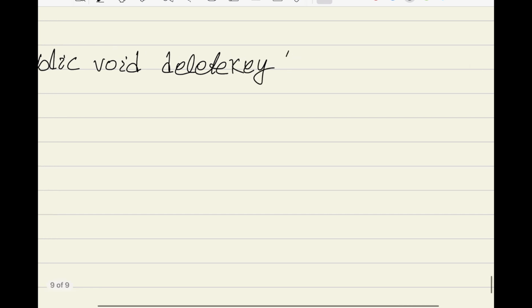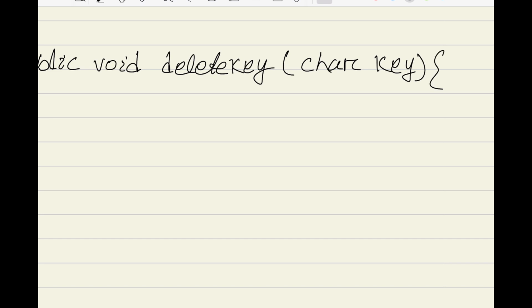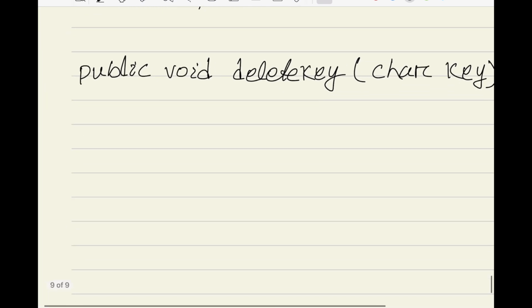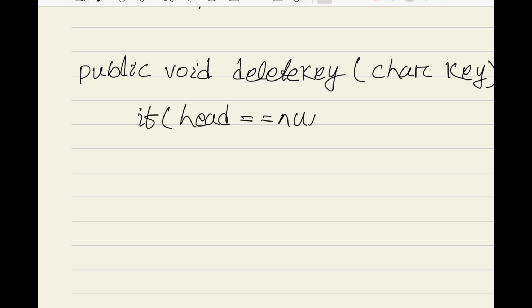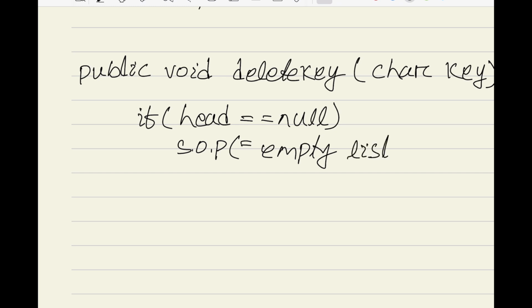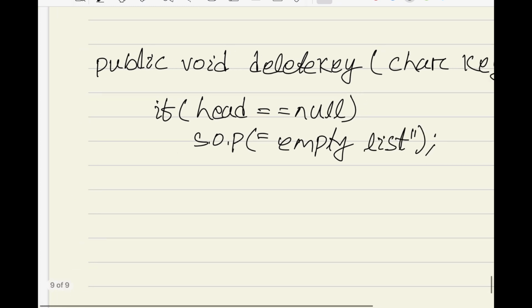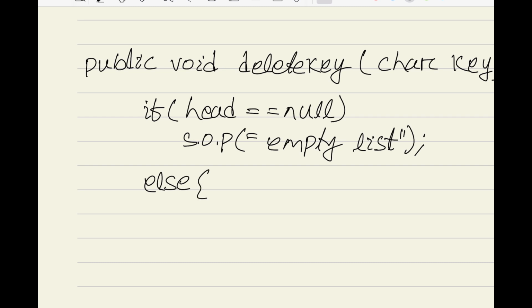So, public void, assume the name of the method is delete key, and here we are taking one character value, that is key. Here we can write if head equal to null. Like the previous deletion cases, we need to check whether the list is empty or not. If head is null, we can write empty list. Else, in the else part we can write